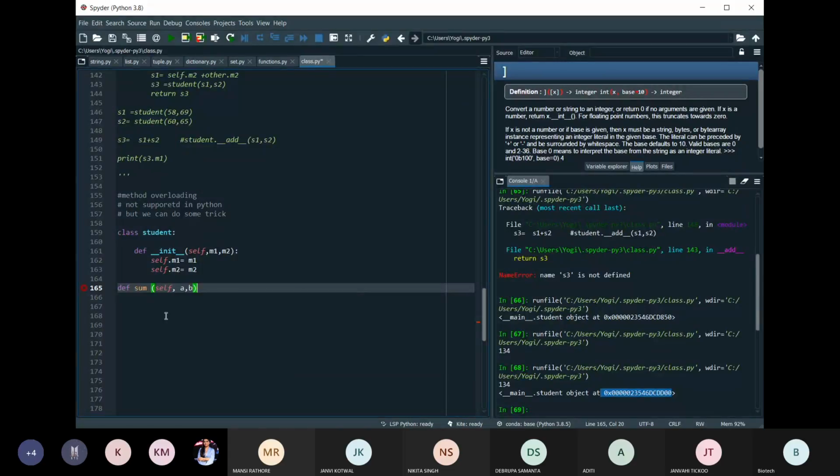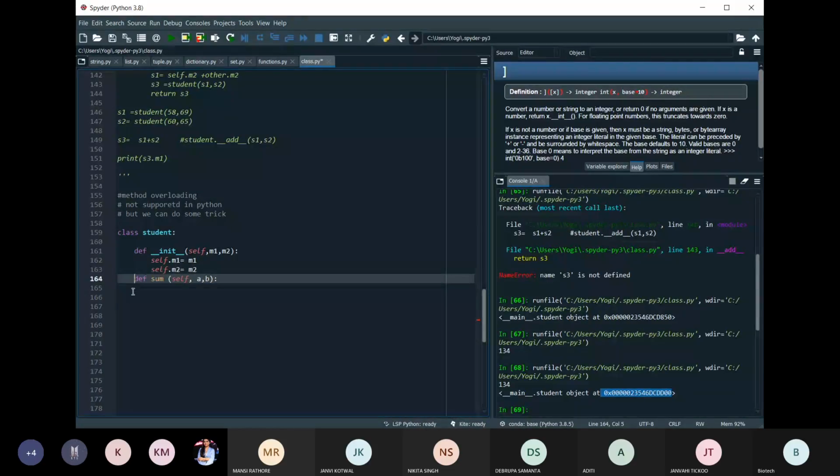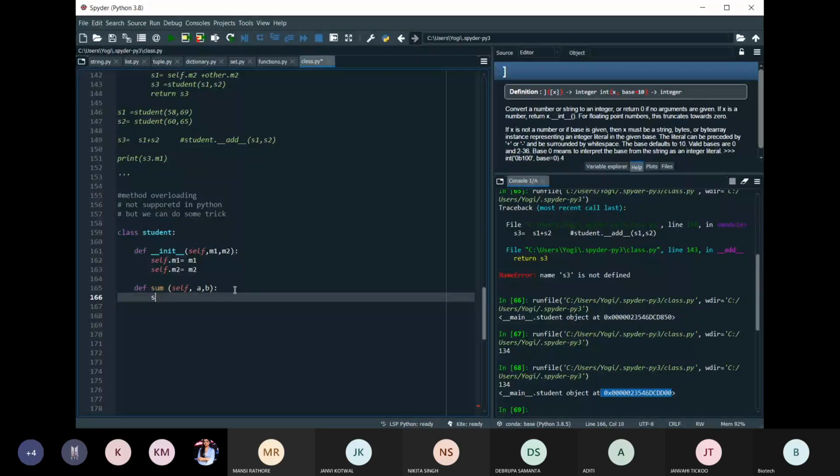In that, I just want to do s is equal to a plus b, then return s.